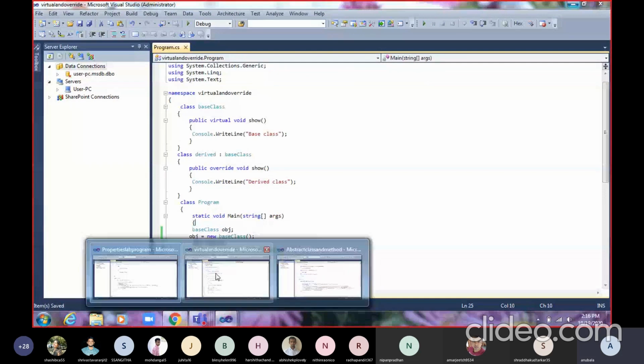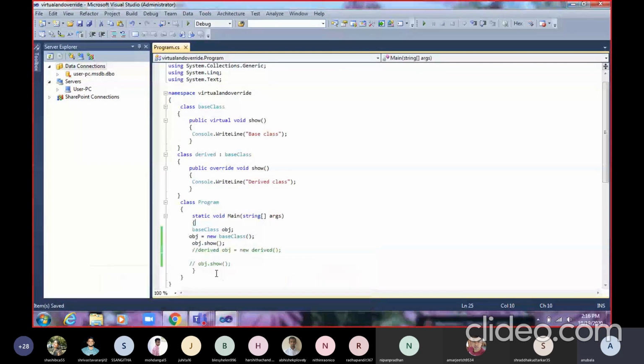The next is a very simple method. This is your work to implement or add something, because the question is we simply need to show the concept of virtual and override keyword in a very simple program. So I have used a very simple program. It is up to you. You can modify it. You can add some more code to it. But I am showing you a very simple program.